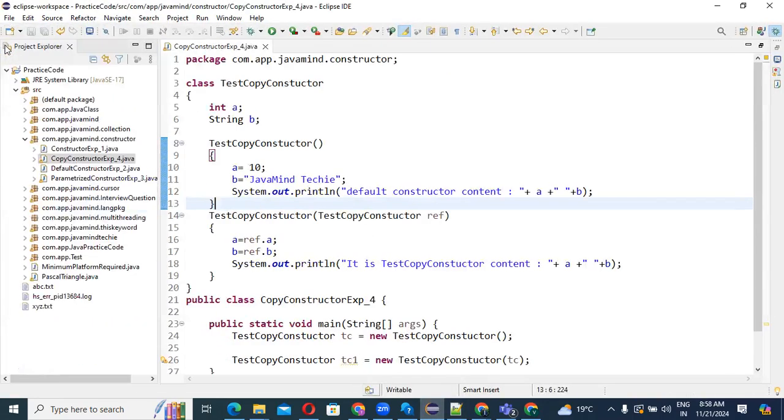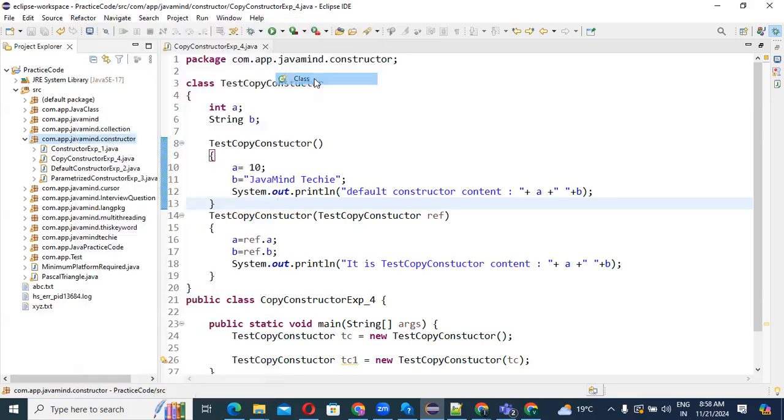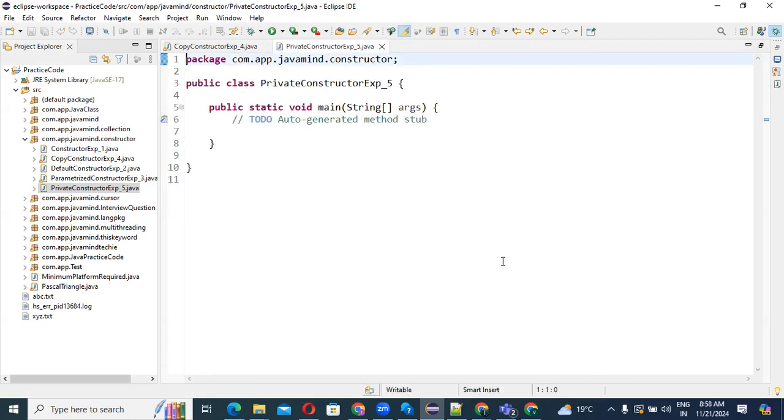So guys, for a purpose I will create one more example, that is example number 5, right guys? So private constructor example 5, right guys? Example 5, main method, finish, right guys? Okay,